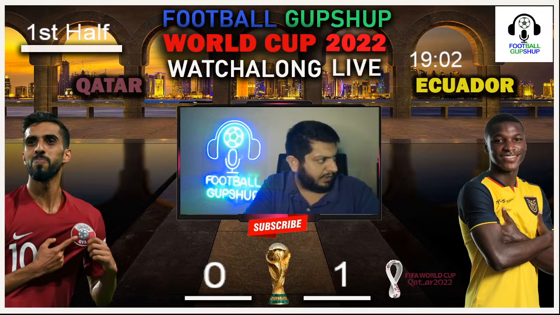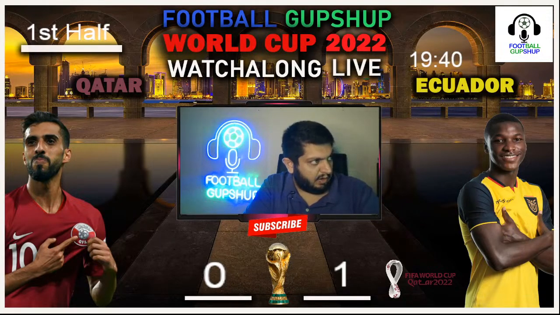Right now, the ball has been pushed to Estupinan. Estupinan with a cross and almost Ecuador were about to get their second goal, but the player just crashed into the Qatar goalkeeper. Both are down on the ground and they are both in pain. But anyway, it would have been called an offside. You can clearly see that Estupinan was in an offside position. So even if the ball would have gone into the back of the net, it would have been given offside. Estupinan, who plays for Brighton, putting a cross in and almost meeting it with a header.